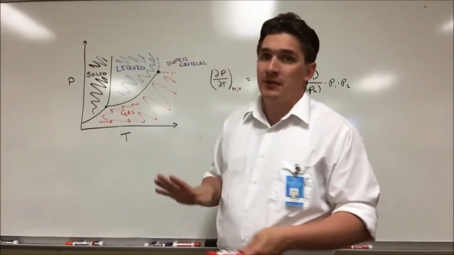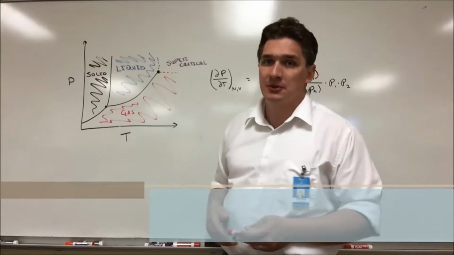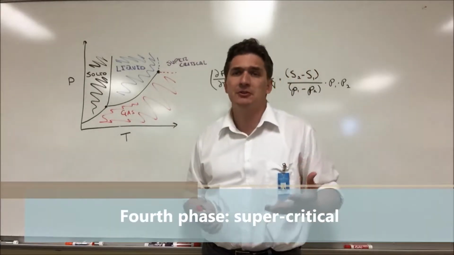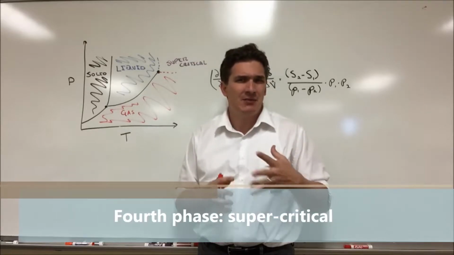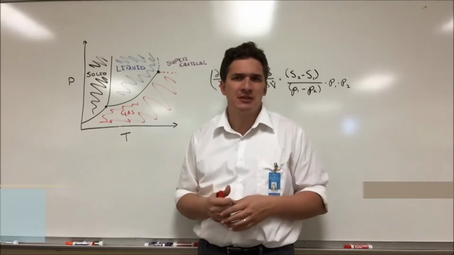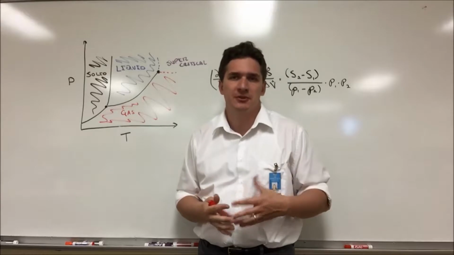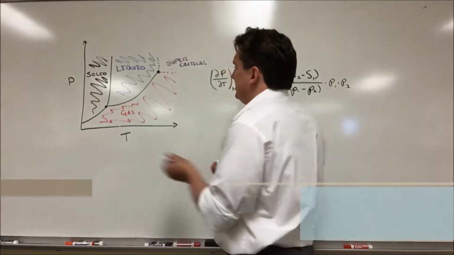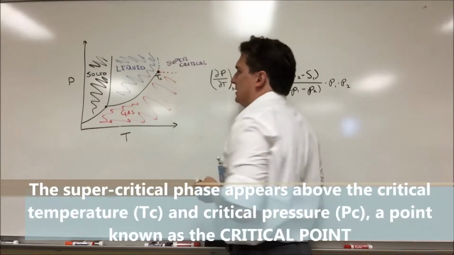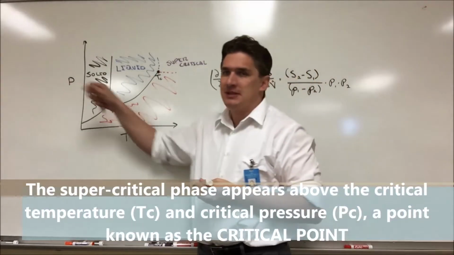Well, there's actually a fourth phase. And the fourth phase is what's called the supercritical phase. Now, the supercritical phase consists of gas and liquid dissolved in each other. Now, this is kind of a weird thing to say, and I might try to post a link so you can see the video of when CO2 goes supercritical. But basically what happens above what's called the critical temperature, TC, and above the critical pressure, PC,